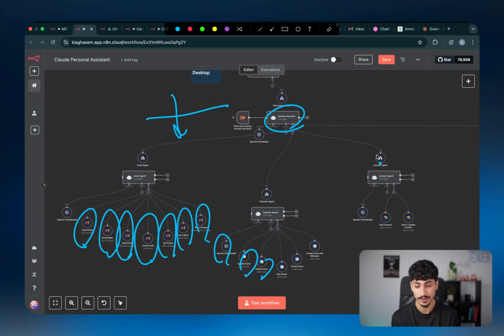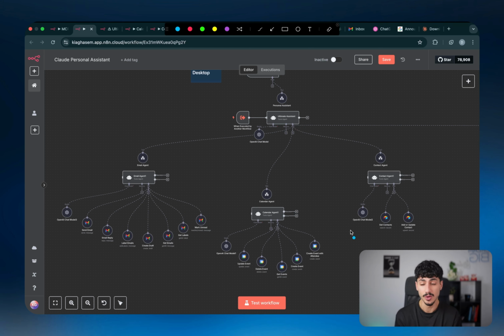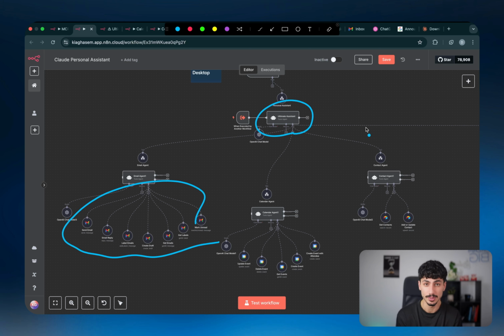And the reason for that is in general, when you prompt a large language model, the smaller the prompt is, or the less number of tokens and words that are inside that prompt, the better that large language model performs when it's actually completing the task inside that prompt. So at this very moment in time, giving access to, I don't know, what is this, like 20 different tools or workflows to one single large language model or one single AI agent node would give you a system that's extremely unreliable.